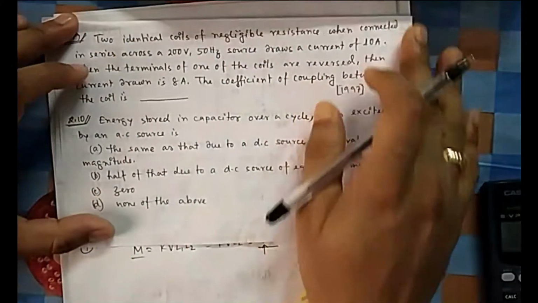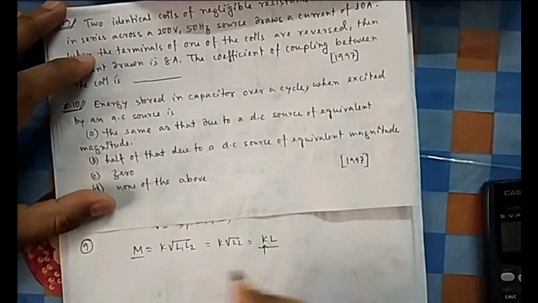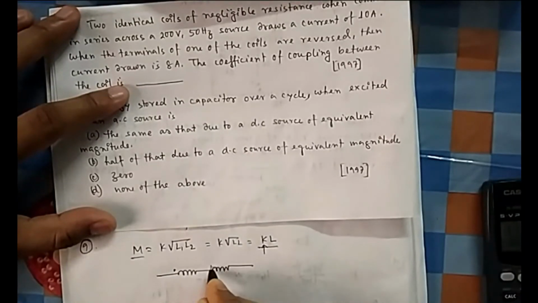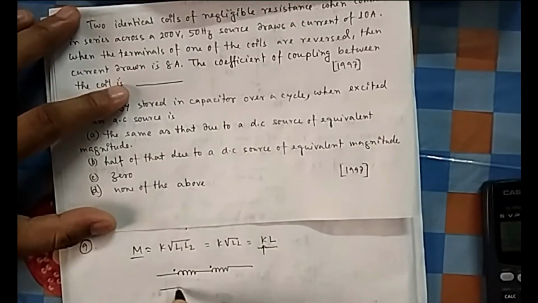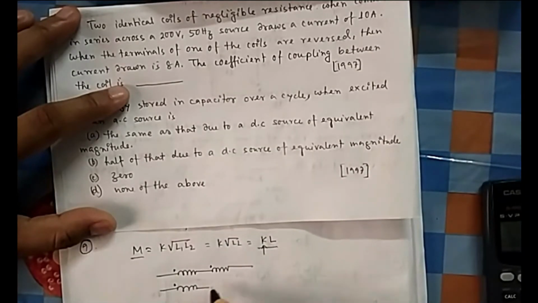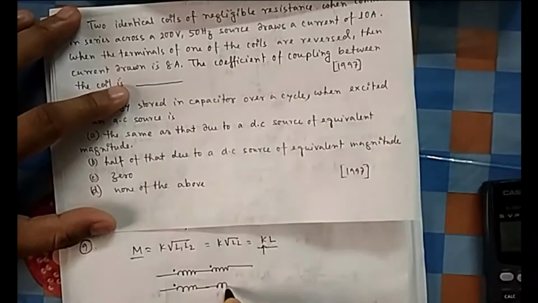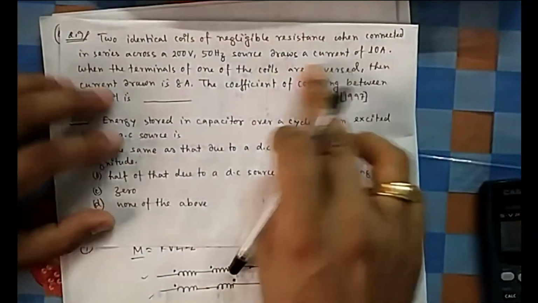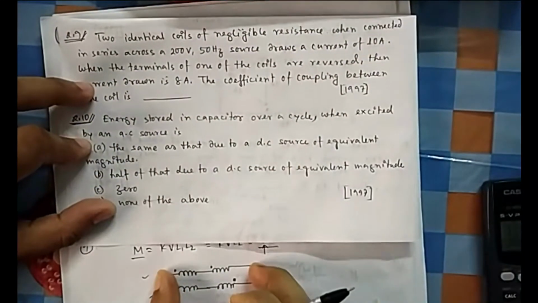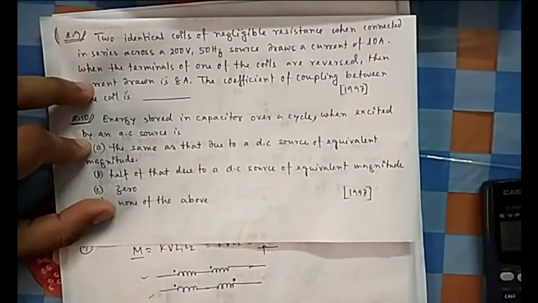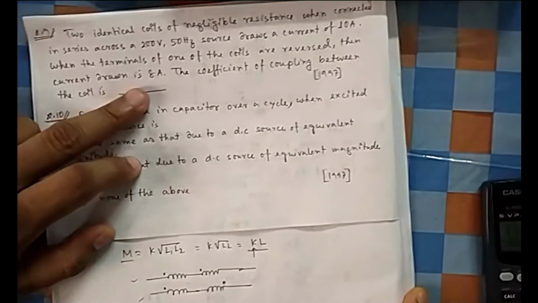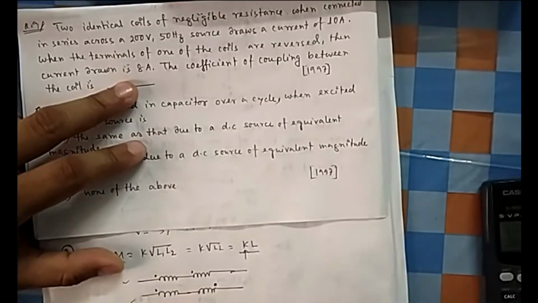So when they are connected in series, that means inductors connected in series, there should be some dot convention. If you reverse the terminal, then this dot convention will change. This will remain the same, but if you connect this terminal here and that terminal here, it will go this side. Something of this fashion. So these are the two connections possible. In one, they are getting 10 ampere when they supply this connection to a voltage source. When they connect this branch across a voltage source, they get 8 ampere. So which one will be 10 ampere?